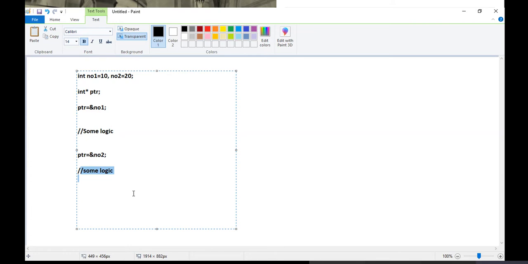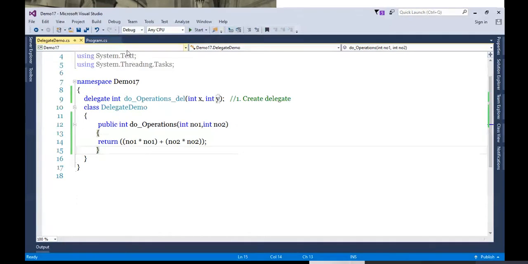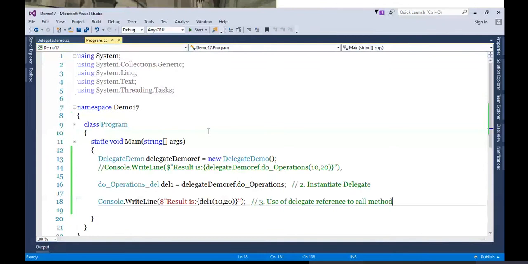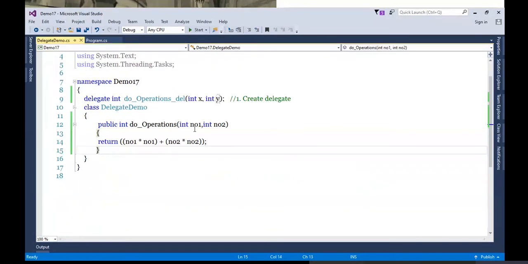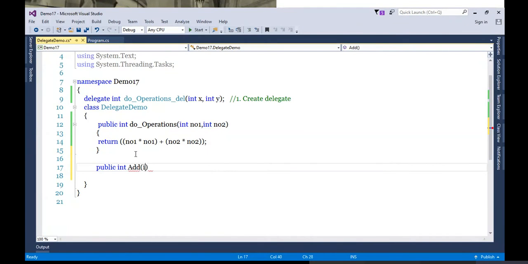Okay, quite similar to this over here also. Now I will just keep that function pointer part. Just think about delegate now. Over here, let's say I got one more method. Okay. For example, I got here one more method called add, and it is taking two arguments, let's say number 1 comma number 2.